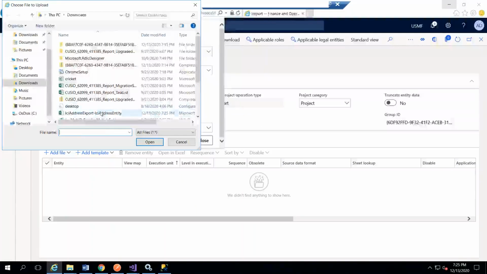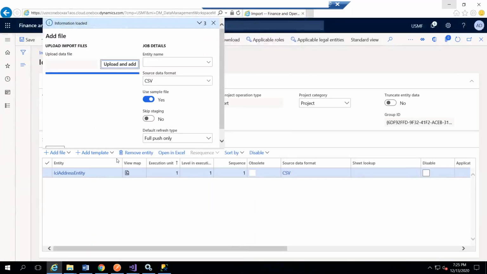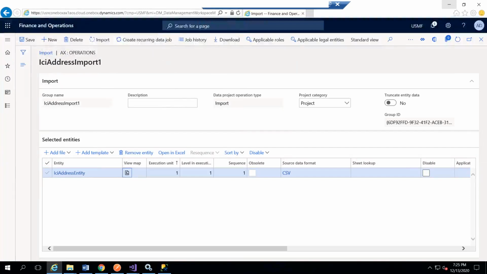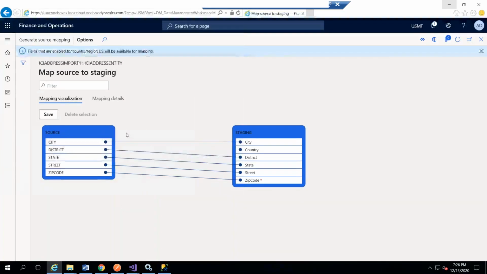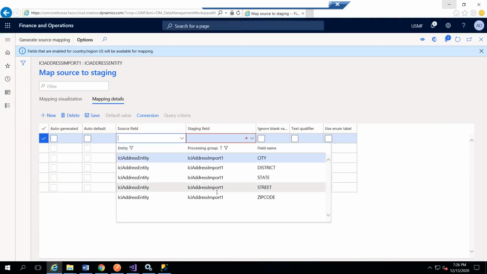Okay. Now let me take this address entity, open. Okay. Let me select the mapping here. Okay. Now country is not mapped. Now let me go to mapping details. But unfortunately, they should not do that. Let me click on the new field, source field. Let me take it as